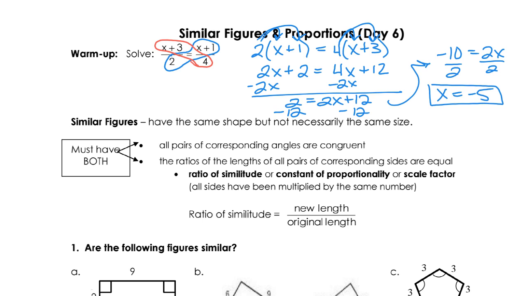And why our answer works is because if we replace our x with negative 5, the top of our fraction becomes negative 2 over 2, equal to, on the other side, if we replace x with negative 5, we get negative 4 divided by 4. And so this side would give us negative 1, the other side would give us negative 1, and it all works out. All right, so that's cross multiplication, and that's our warm-up today,